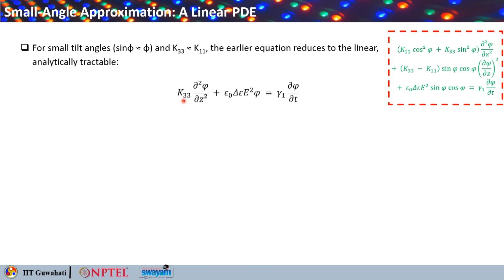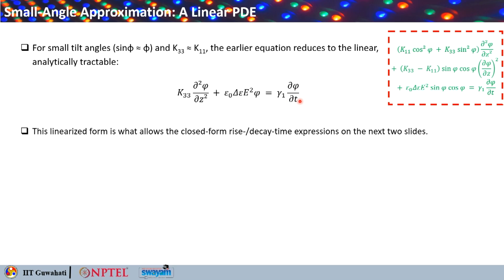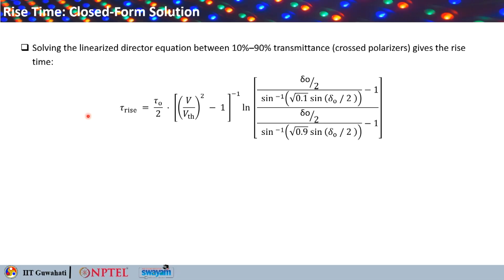So you just get k33 ∂²phi/∂z² plus epsilon naught delta epsilon E² phi equals gamma 1 ∂phi/∂t. This linearized form is what allows the closed form rise or decay time expressions that we will see in the next slides. Once you solve that linearized director equation, you get a closed form solution between 10% to 90% transmittance through the cross polarizers, and that will give you the rise